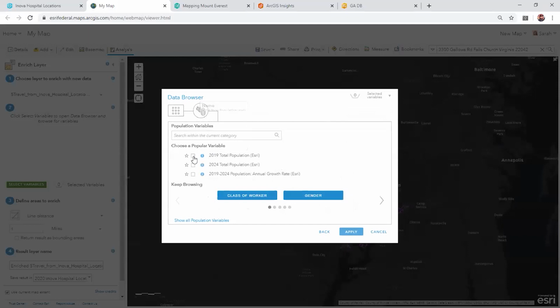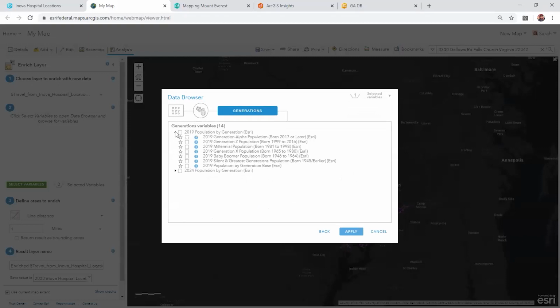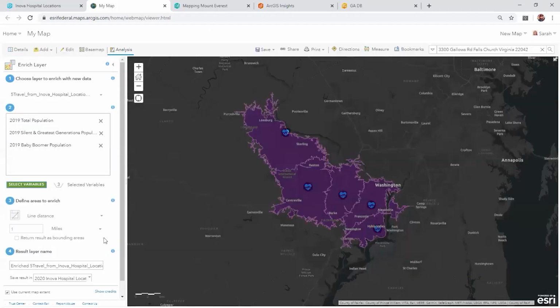So the first thing we want to do is capture the 2019 total populations. And then we can even access different generations of information. If you see here, this breaks out the variable by different generations. The most at-risk populations that we've seen as a trend are the baby boomer generation and the silent and greatest generations, so individuals born prior to 1965. So we can select all these variables, click apply,